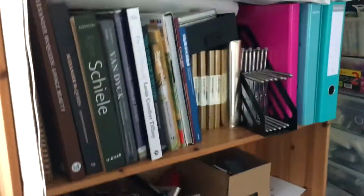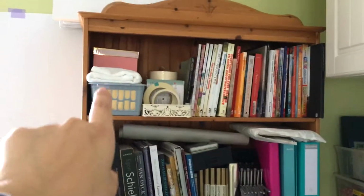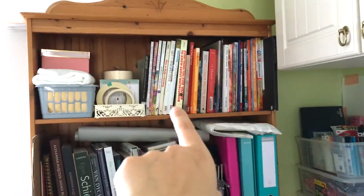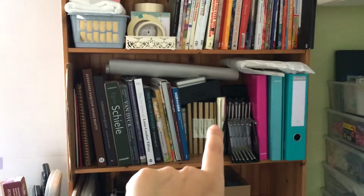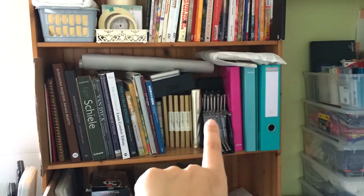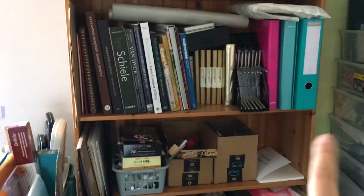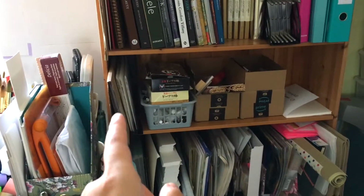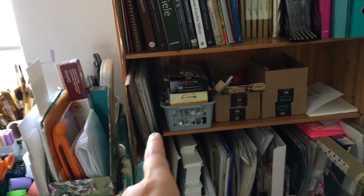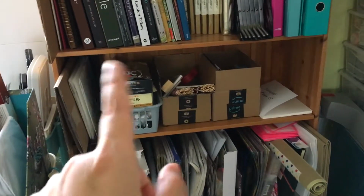Right, so let's move on to the bookcase. This is where I keep my random stuff. Towels, tapes, art books, more art books, spare journals, Filofax, some pan holders that I'll show you what I use them for in a minute, folders that are empty, dot cards, both commercial dot cards and my own whole-bind dot cards that are available for the $50 tier, some random bits of